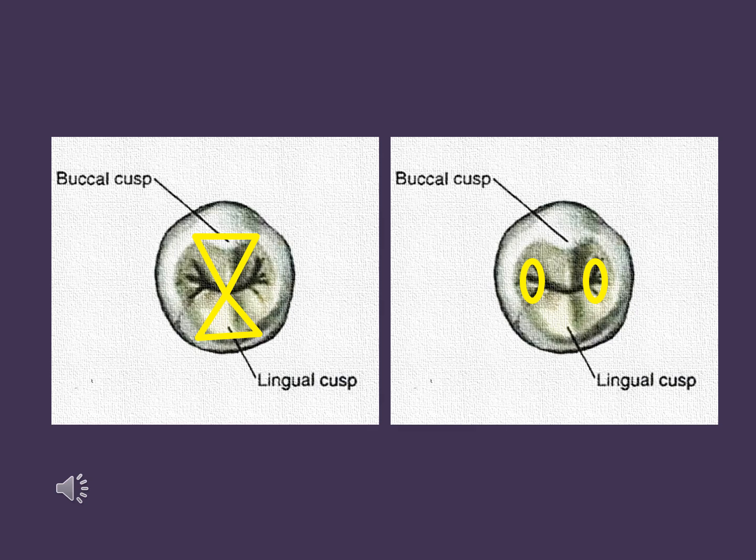So in the three cusp pattern, you will see three triangular ridges and there won't be any transverse ridge, whereas in the two cusp pattern, you see two triangular ridges and a transverse ridge. The mesial and distal fossae are seen inner to the marginal ridges and are roughly circular in nature. I have marked the mesial and distal fossae in the right side picture, which are circular. A central groove extends from the mesial to the distal fossa and a few supplementary grooves are present over the fossae.